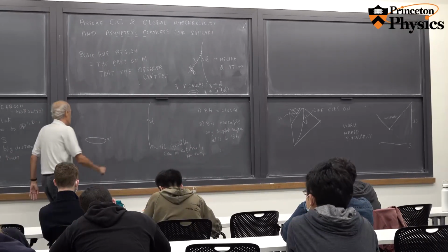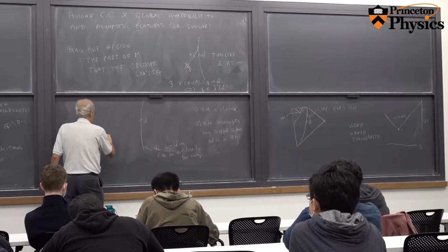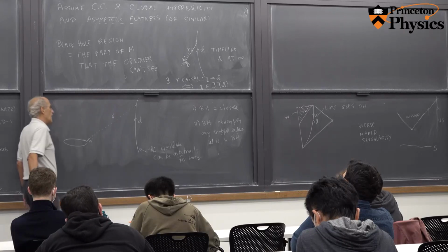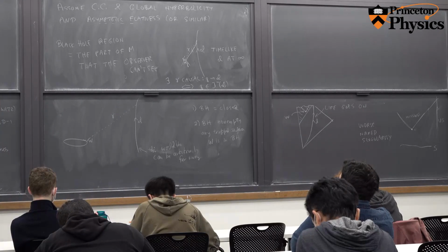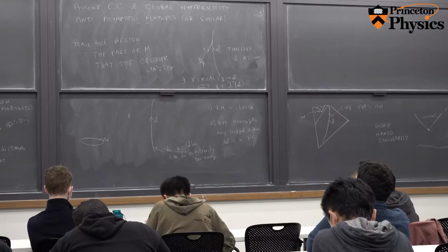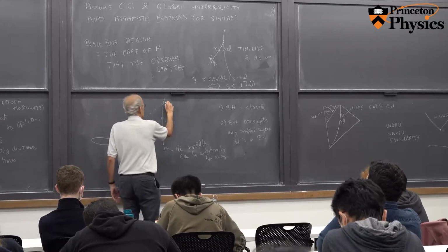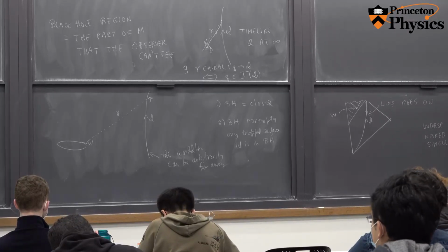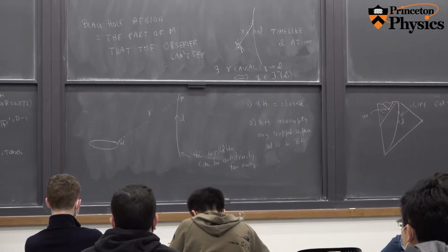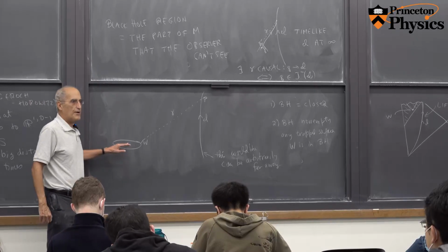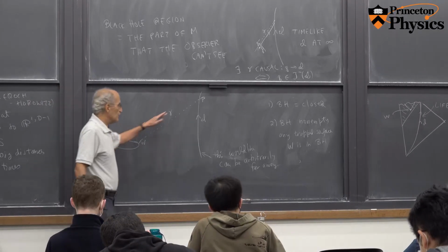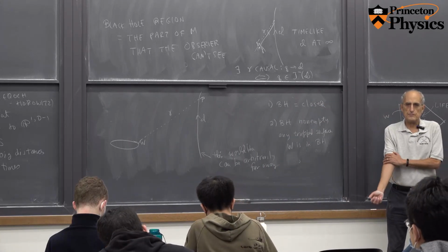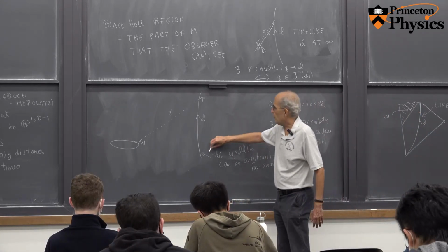Well, suppose that there is a causal curve from W to I. I've drawn it as a dotted line because we're trying to prove it doesn't exist. It reaches I at some point P. Well, remember that spaces of causal curves from W are compact. So if there is any causal curve from W to I, there's one that gets there as soon as possible. In other words, if I measure the proper time along this path,